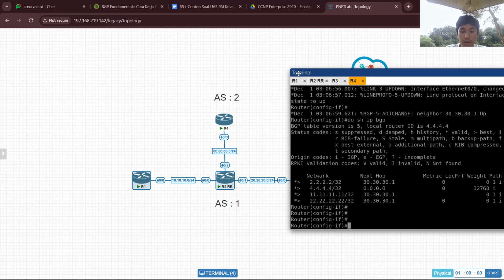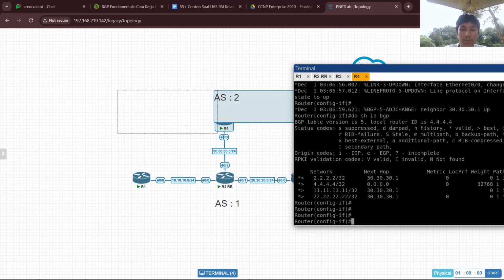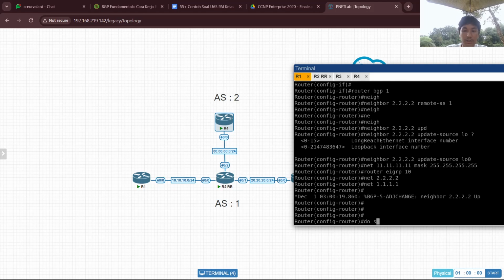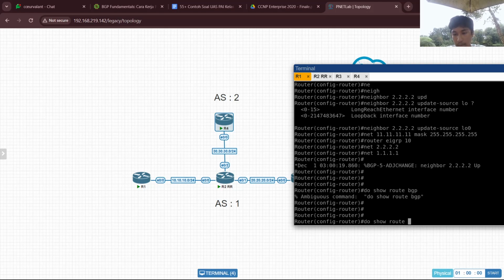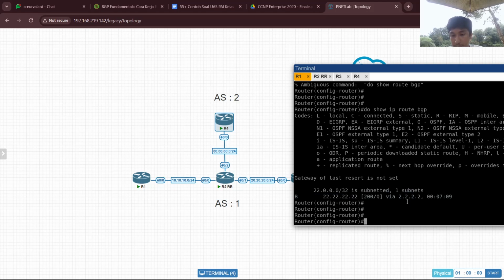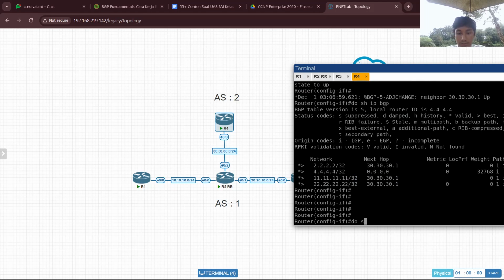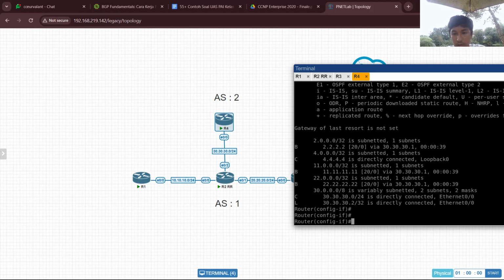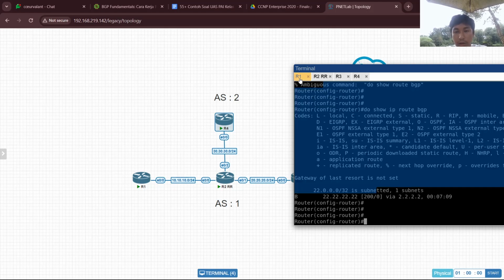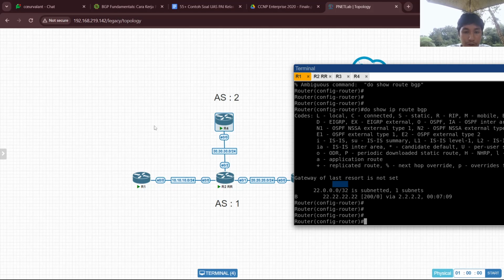And then we have already configured this topology with route reflector on the iBGP, and this eBGP peering on router 4 and router 2. Now we will see the result. Show IP route BGP. Now we advertise all of these routers' IP loopbacks on the BGP.